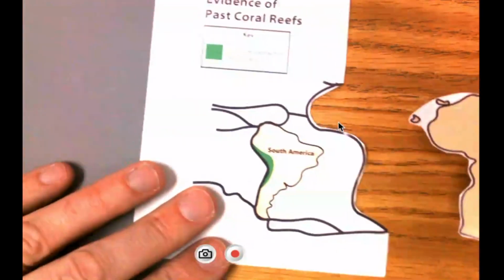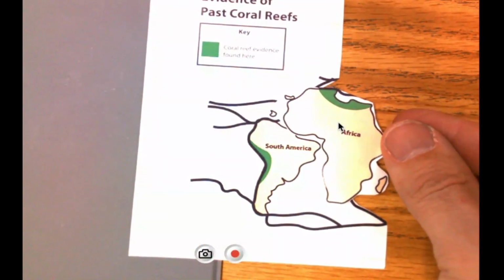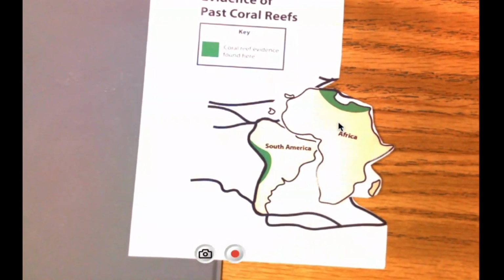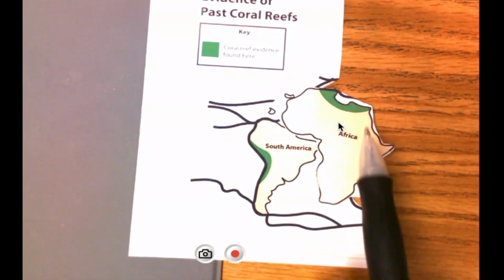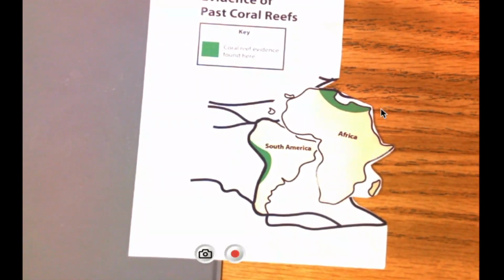And we put them together again. And now this time, the greens are on opposite sides. This doesn't really support our idea that they were together at one time. The greens aren't touching like the orange was. So this really isn't helping us. So what I would do here